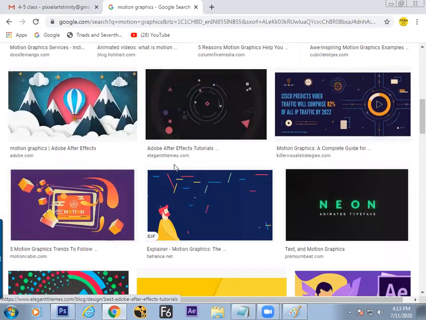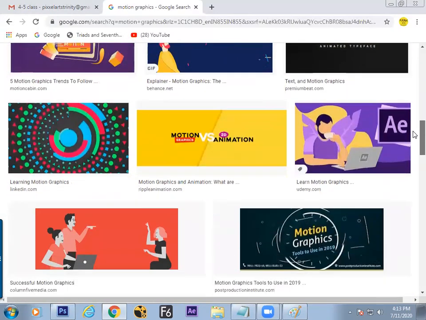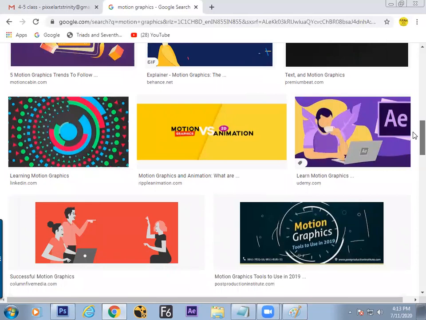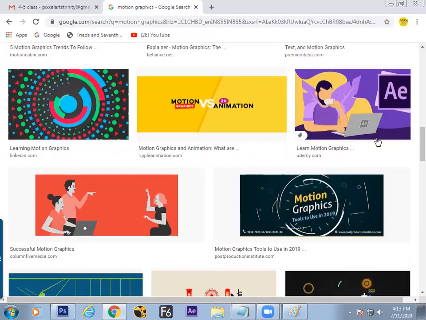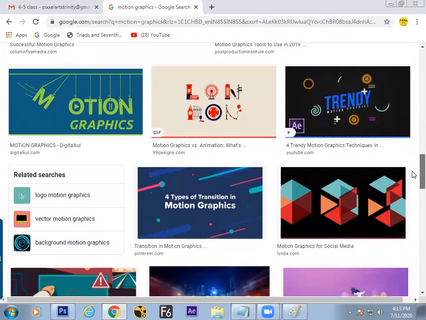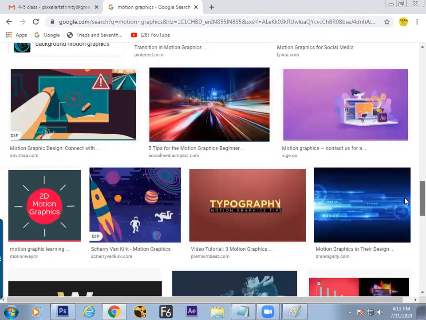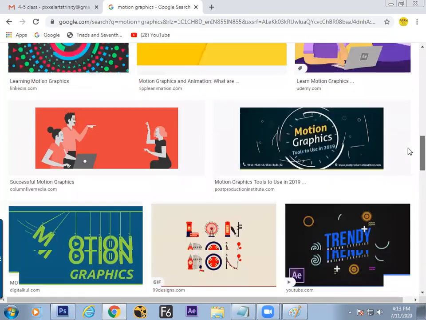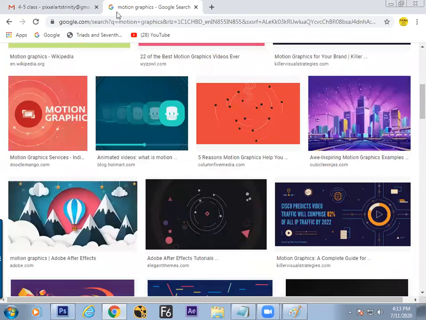You can see how lines come here, there, move, rotate. All the designs are basically done on a designing software first. Then it goes to the motion graphics software to get animated. It may be done in Illustrator or in Photoshop, but the graphics have to be done by the graphic designer, then it goes to the motion graphics industry. So hope we understood how important it is.